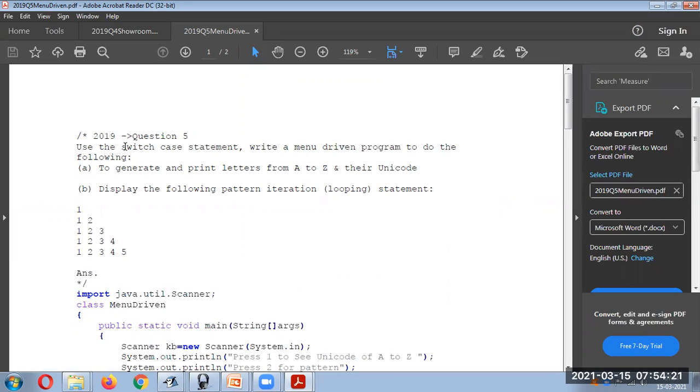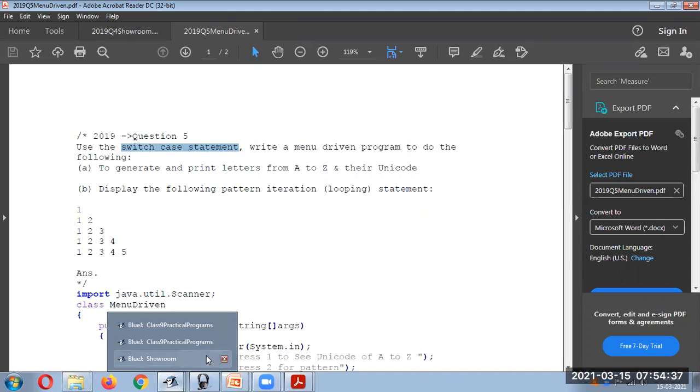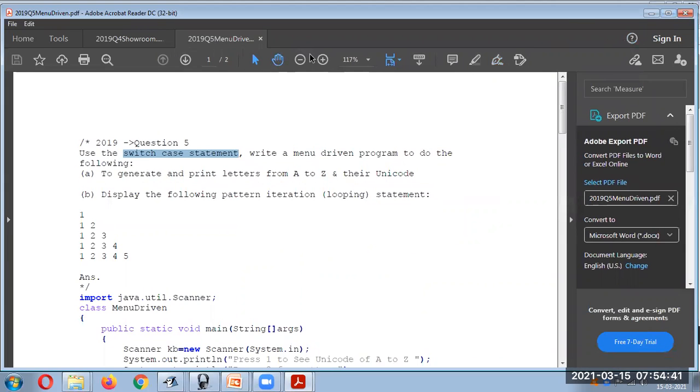So it's very clear we have to make use of a switch statement. Let us see the program now. So we'll be having a switch statement and we'll have 3 cases. First case for the first one, second case for the second one, and third case for the default. Okay, if any error is there, if the user is not entering the right kind of input, then in that case we'll be making use of this.